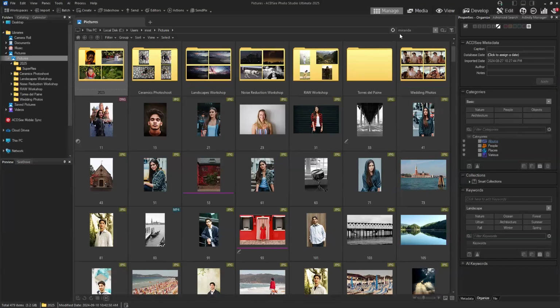So let's start with a couple of quality of life improvements that are available in manage mode. The first one is if you look up here, you will notice that I now am able to create tabs or open different folders in different tabs. So for example, if I click, let's say, Torres del Paine folder right here with my middle click on my mouse,